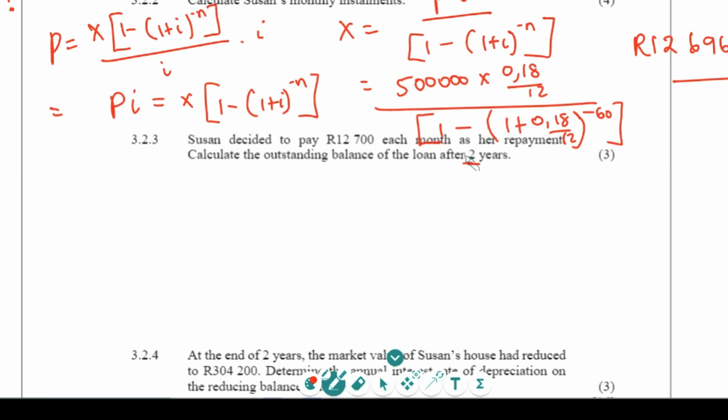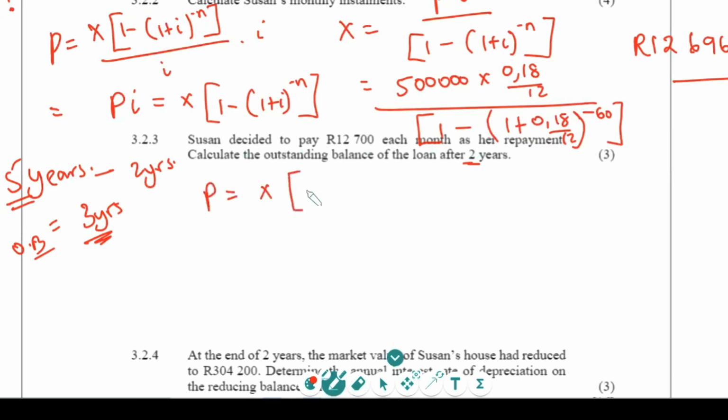Or, remember it's 5 years that we need, but after 2 years, so 5 minus 2, which means 3 years will be the outstanding period. Okay, so I can still use the same formula of the present value and say P